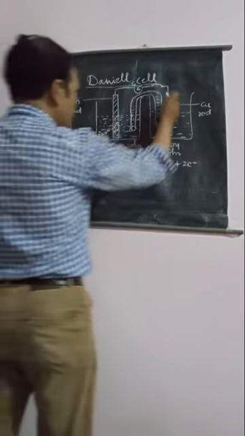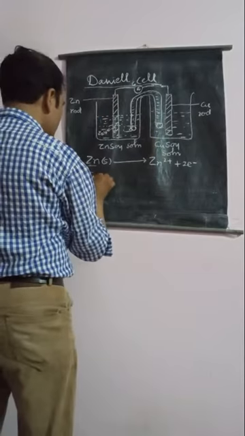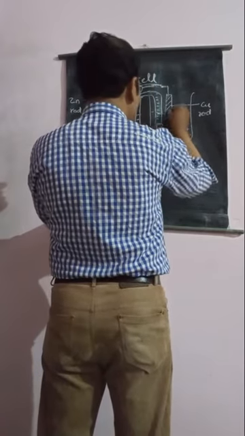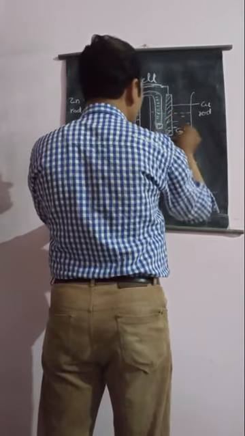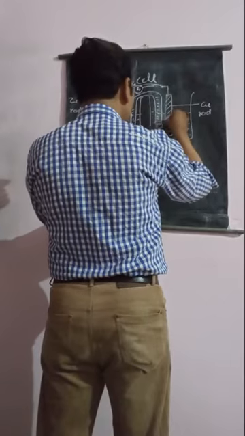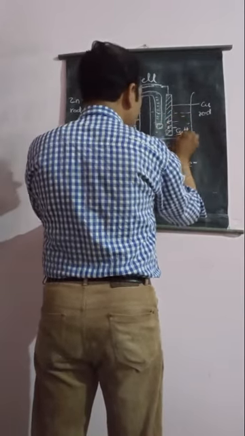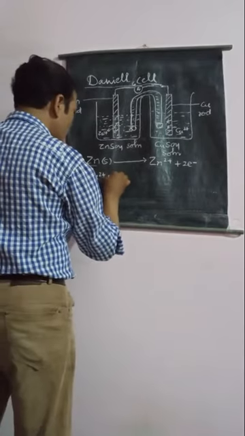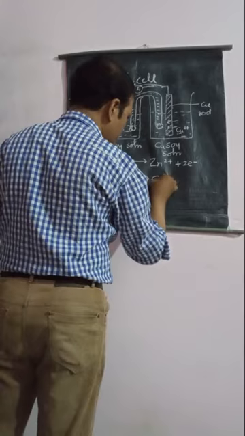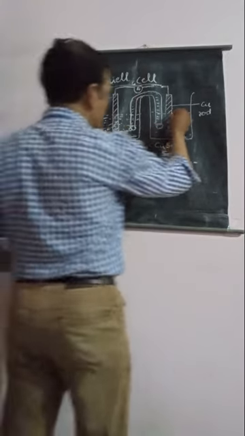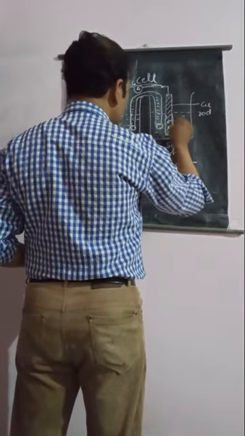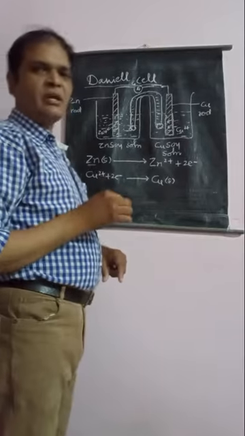However, at our copper electrode, what will happen here? The copper ions are present in this solution, and as the electrons come, they will be present here on the rod. The copper ions will take these electrons, and after taking two electrons, will reduce into copper metal, which is present in solid state, and this copper metal will deposit at the surface of this copper electrode. So the thickness of this copper electrode will gradually increase.